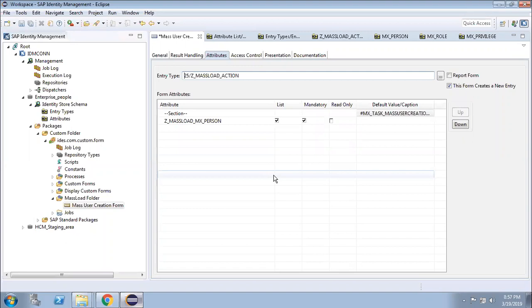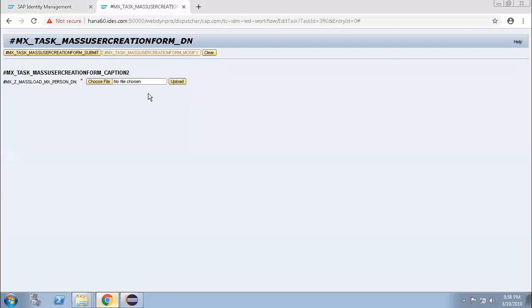Now what is the next process that I have to do? The next process is basically what I told earlier. I told that this file is uploaded from my local system.